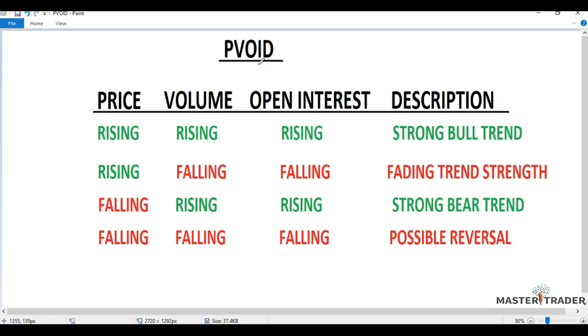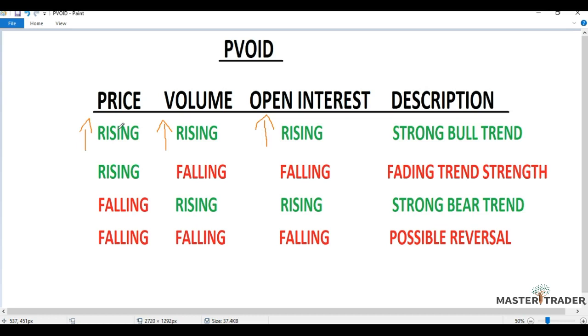So what does this say really? Let's look at this table here. If price is rising, let's say price is going up, and along with price, volume is also going up, and along with volume, our open interest is also rising. So if we have this phenomenon where price is also going up,